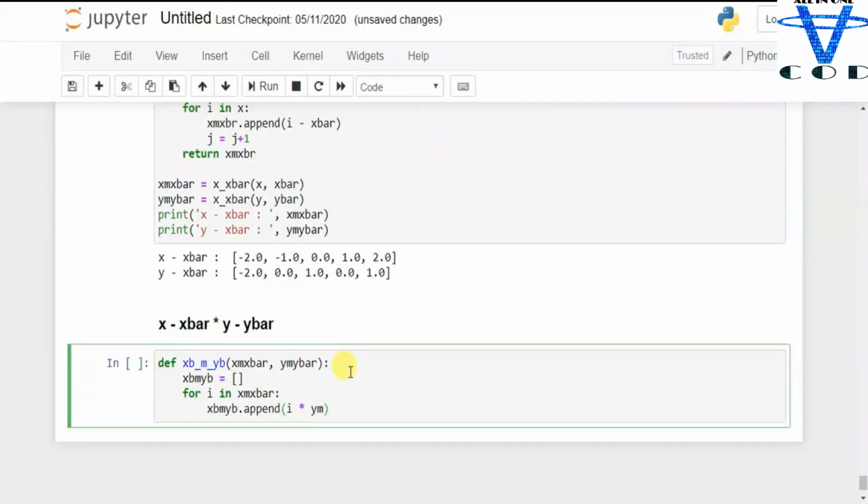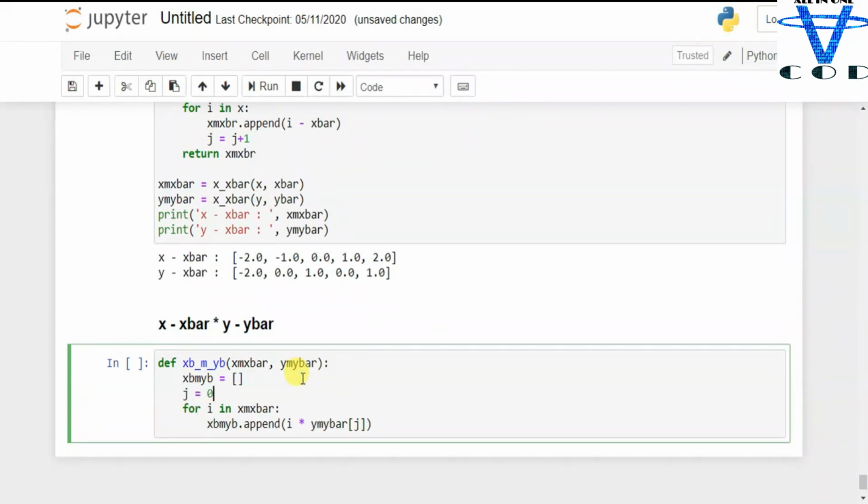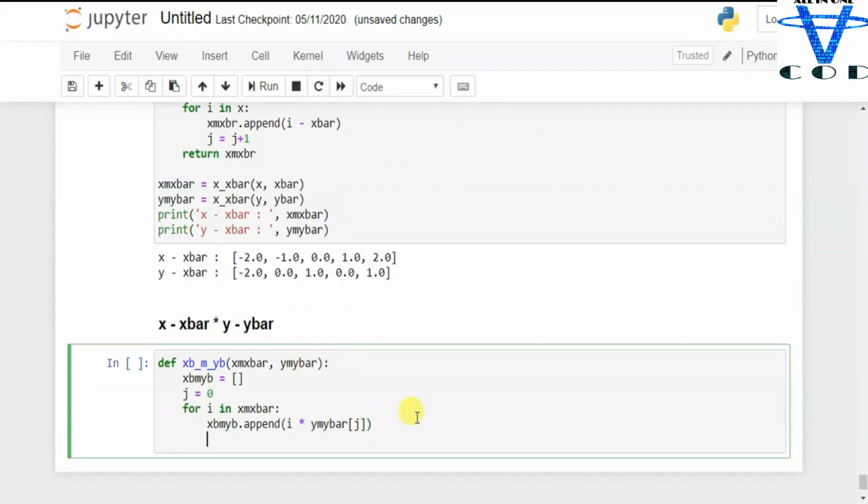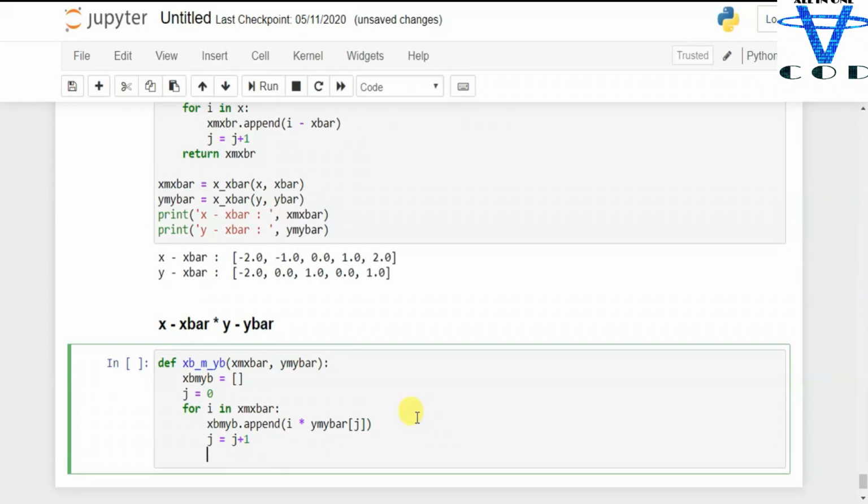So I'm gonna create j equal to 0, and increment j equal to j plus 1. Then I'm gonna simply return x bar multiplication y bar.